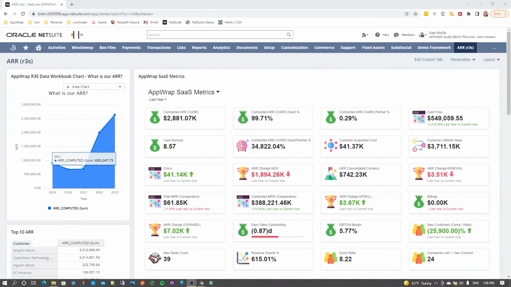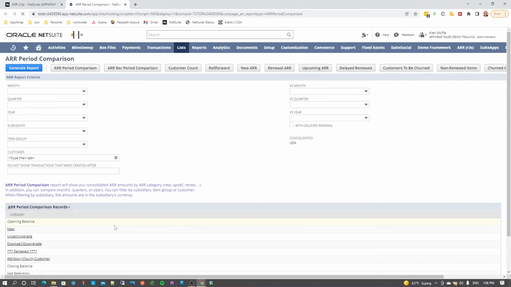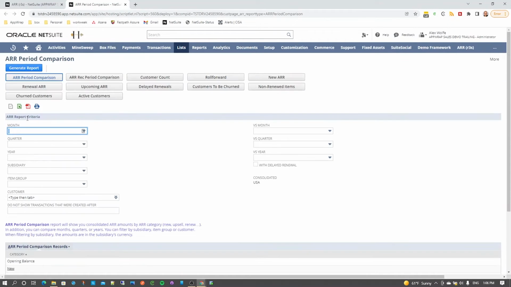So customer balances allows us to look at the data by customer. But the other popular view or report is to view the data by ARR category, and we can do so by using the comparison report. Again, by category, expansions, contractions, etc. So if I select the year, and I could include or exclude delayed renewals and generate that report,